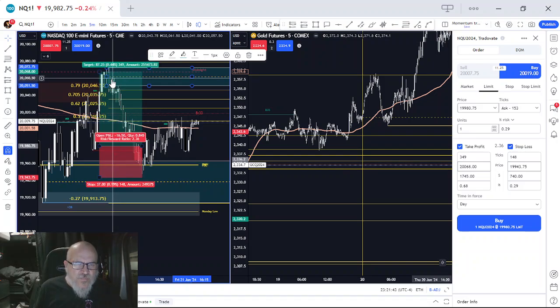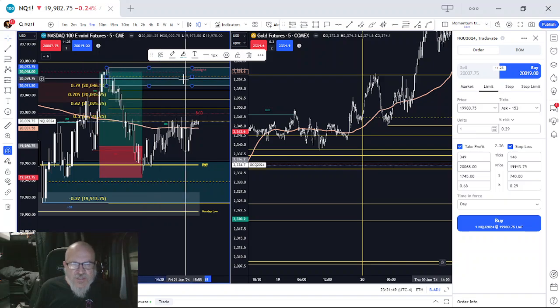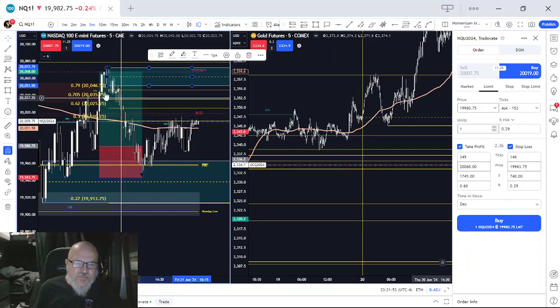And if it loses, then I can watch it. If it takes liquidity and then falls, then we can see what happens. But that was a very good displacement move that broke structure, so it's a very valid trade to take, regardless of the time of day or what session it's in.